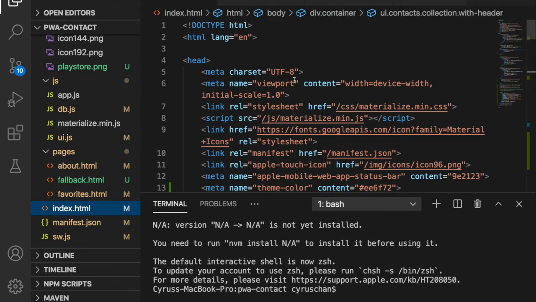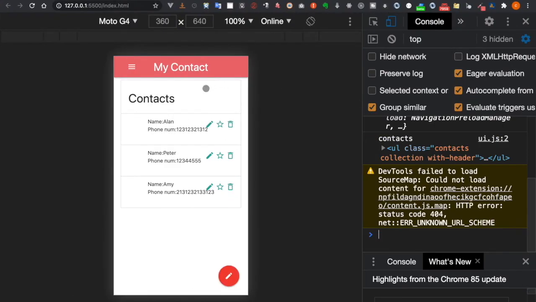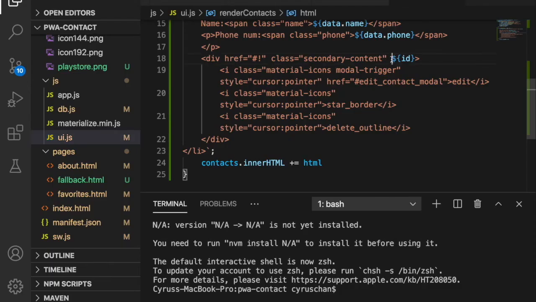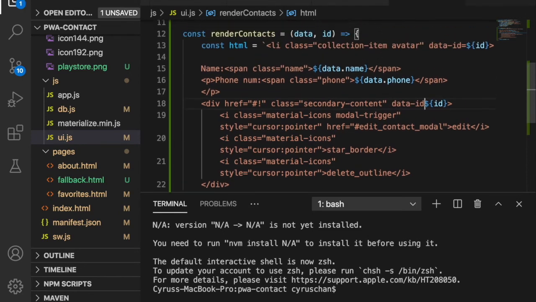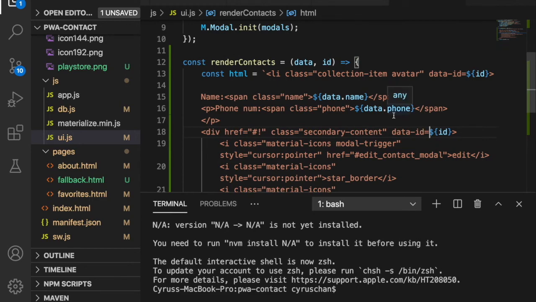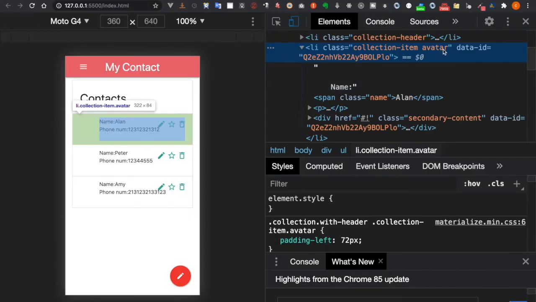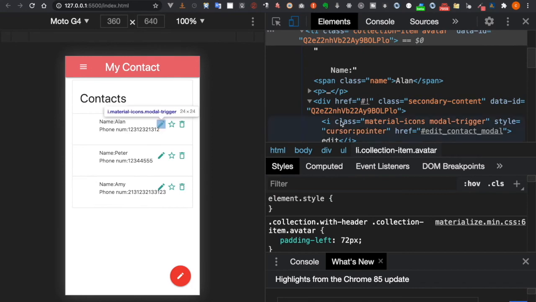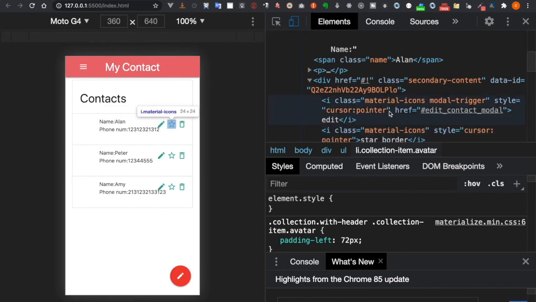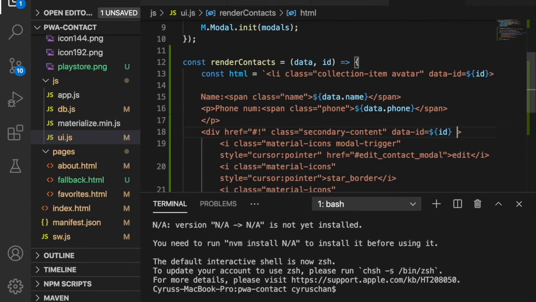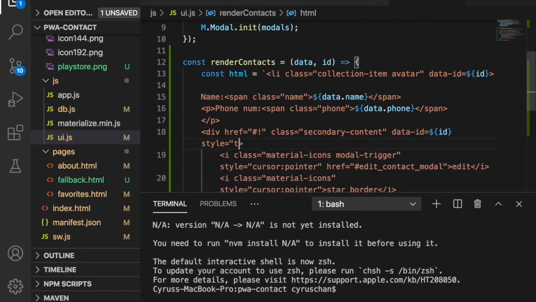So we go back to the web page. And now you can see the name and also the different phone numbers rendered here. And we can see there are some mistakes here. We should use data-id equal, just like this one, and save it. Now you can see the data ID displayed at the whole list item and also the div which are around the icons. And we also need to add the style text-align